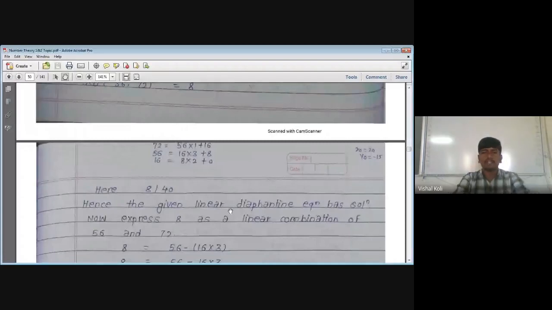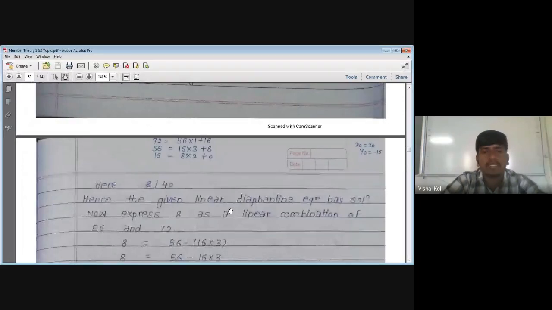Therefore, here we have checked whether the linear Diophantine equation has a solution or not. But now we have to find all the solutions of the given linear Diophantine equation, and for that we have to express the GCD as a linear combination of these two integers a and b, which are nothing but 56 and 72. Therefore, as we backtrace these steps, we get 8 is nothing but 56 minus 16 into 3,